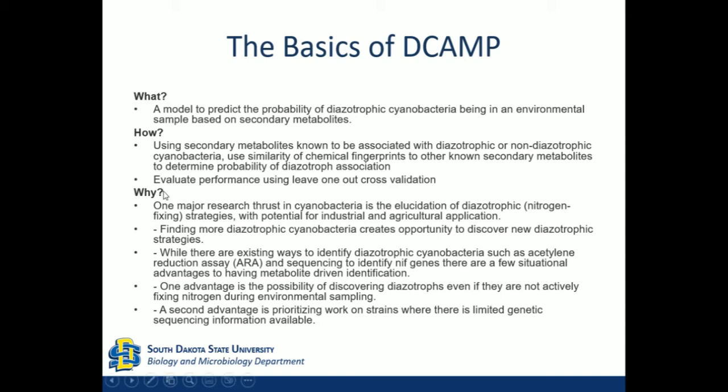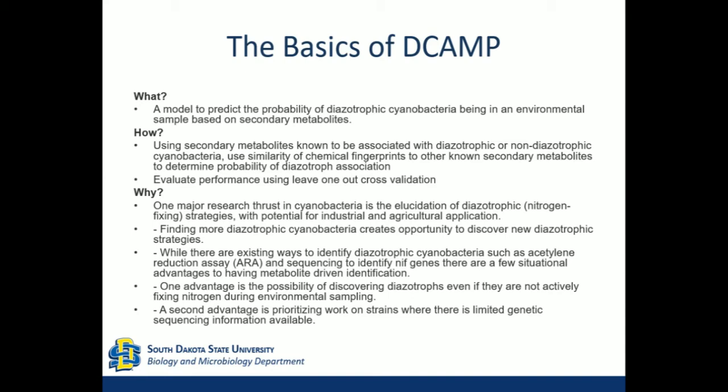Now we'll get to the why behind Dcamp. One major research thrust in cyanobacteria is figuring out how they can fix nitrogen, especially since they are photosynthetic organisms and nitrogen fixation is supposed to be sensitive to oxygen that is produced by photosynthesis. So finding more of these diazotrophic cyanobacteria, also known as nitrogen-fixing cyanobacteria, creates more opportunity for scientists to discover new